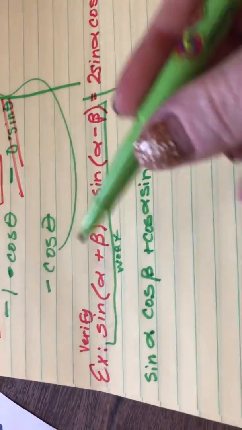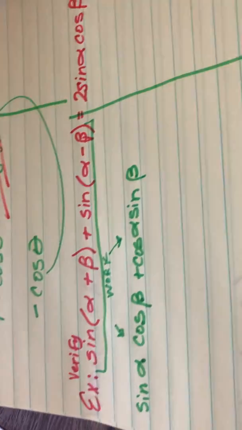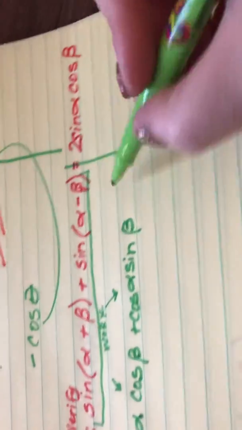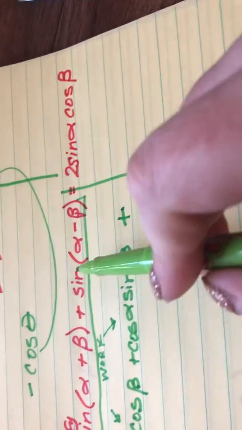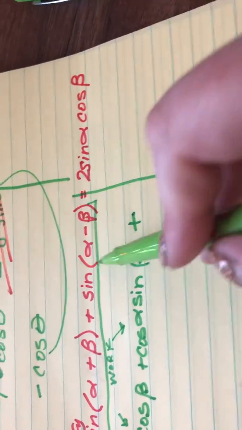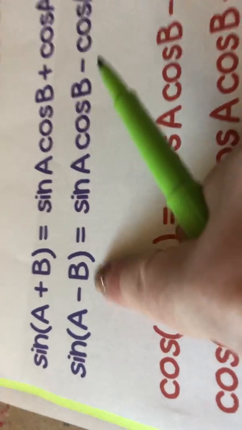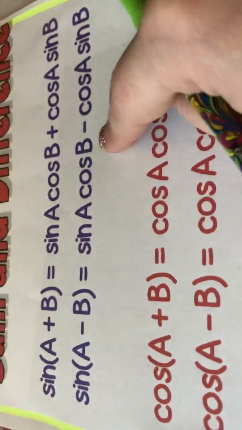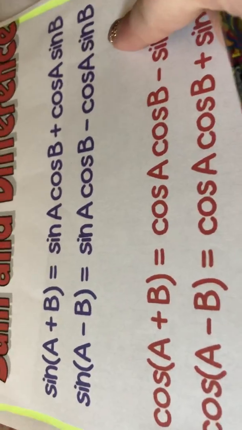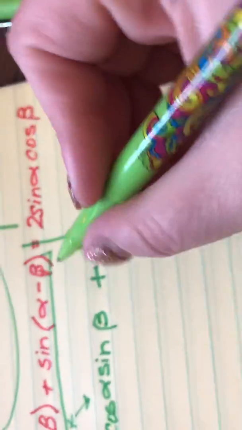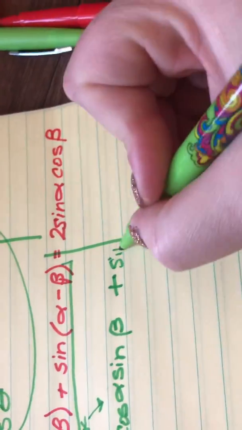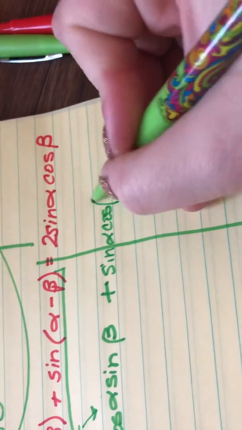Okay, so that's this first one. Now I'm going to do plus, I'm running out of room, sine alpha minus beta, sine something minus something. Oh, there it is. Sine something minus something. Sine cosine minus cosine sine. So plus sine alpha cosine beta minus